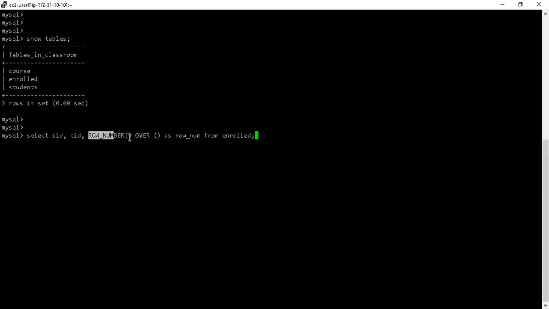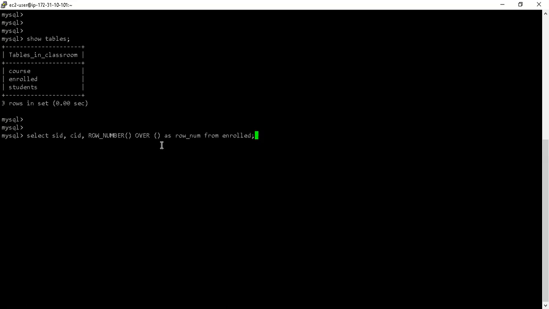In this case, because I'm using the function called row number, it does not have any input parameters, and that is the reason we don't need to pass any parameters. Now, after that, we have this over clause. And what the over clause does depends on what I'm going to write inside the brackets of the over clause.